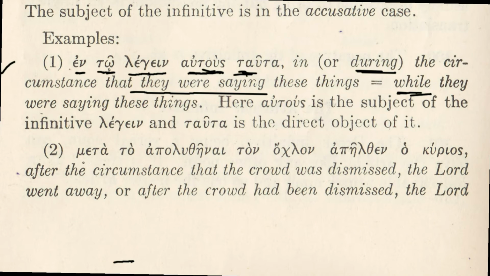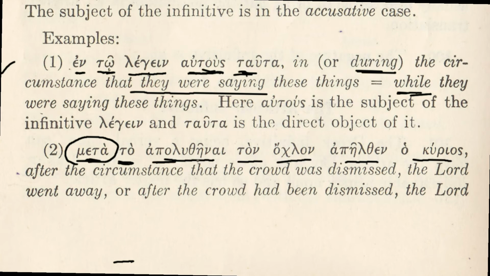Next sentence we have meta to apolythenai ton ochlon apelthen ho kyrios. So again we have a similar idea. Notice meta. Meta means after. It takes the accusative. So this article is in the accusative. After the act of, we'll translate that, and then